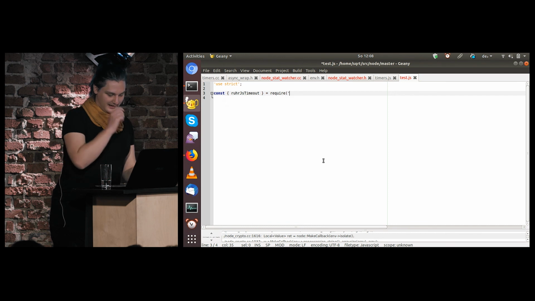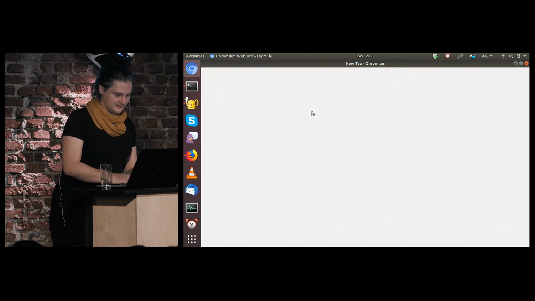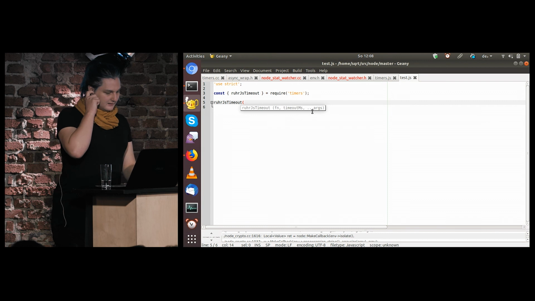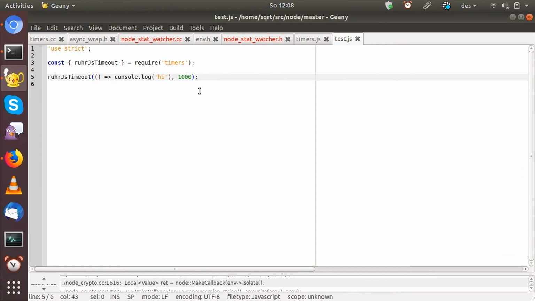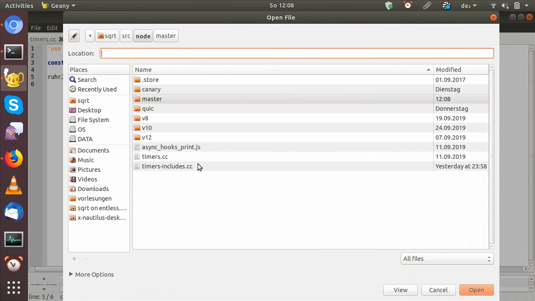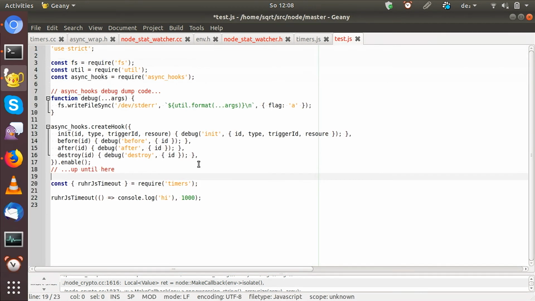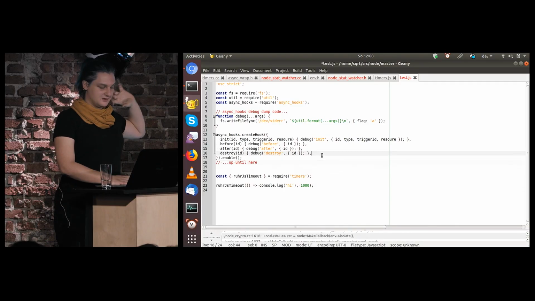So I do want to show you how async tracking and how the inspector work and everything. I'm already going to start Chrome, because as much as I love Firefox, I don't think their DevTools supports this. And OK, so basically doing the same thing again, and not forgetting the timeout this time. I'm also going to copy some code, which is just debugging code. All of that is essentially just printing data from these async hooks that I was mentioning earlier